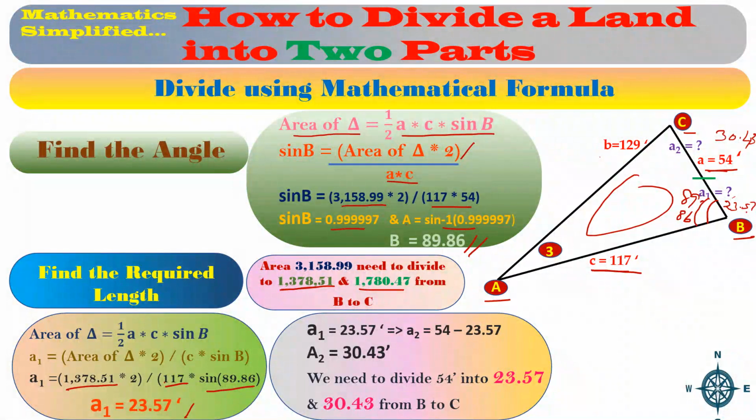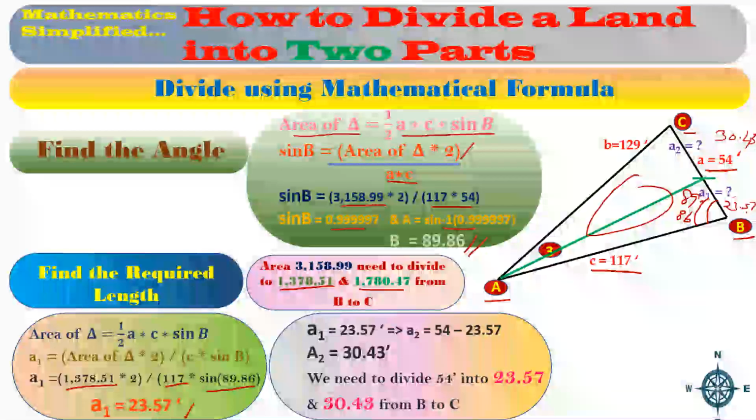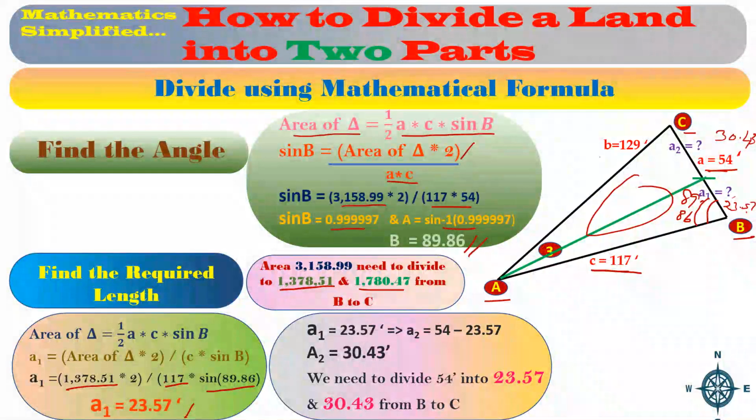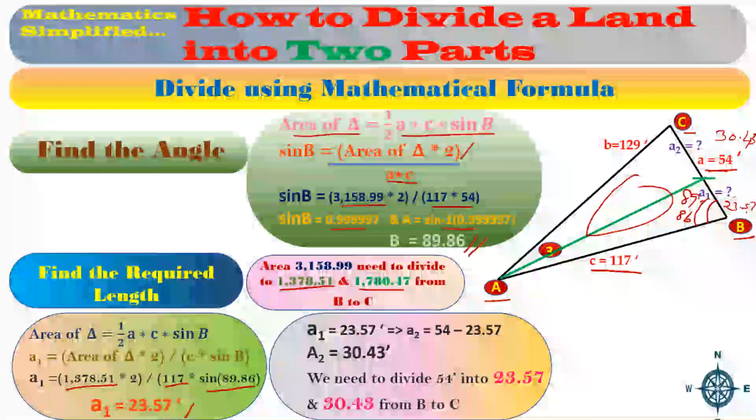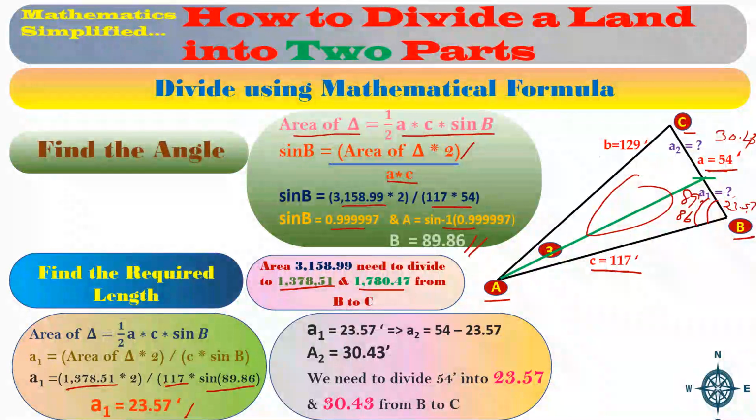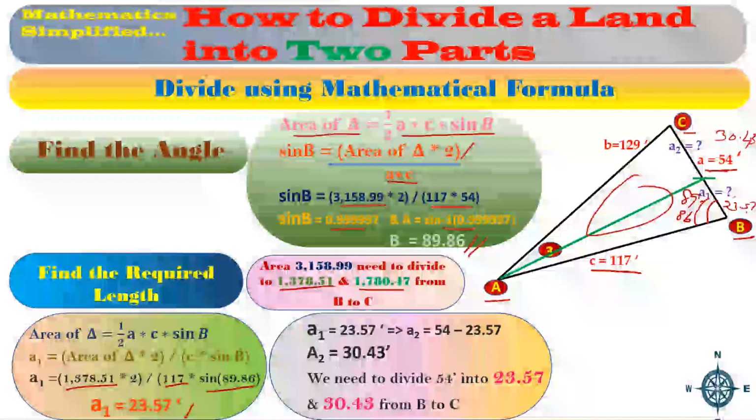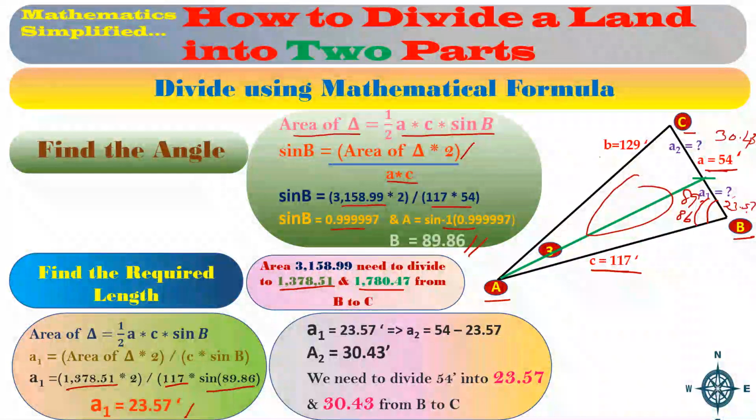So now we can divide and form a line like this. This is what we have divided. Surveyors will immediately measure this side from A to this newly divided point, from here to A, and they will calculate the area once again. This also we can calculate using a mathematical formula.